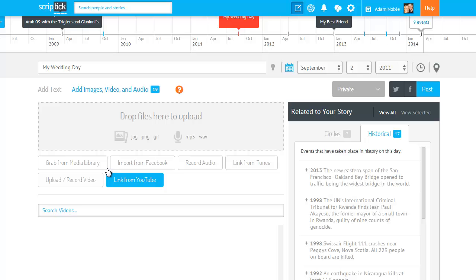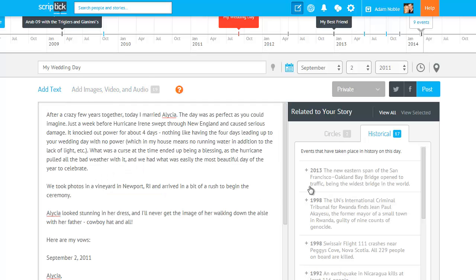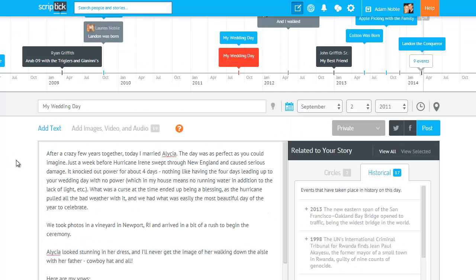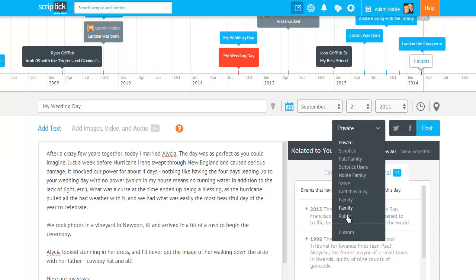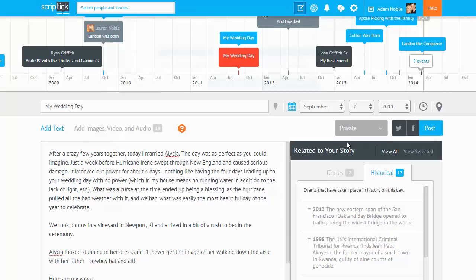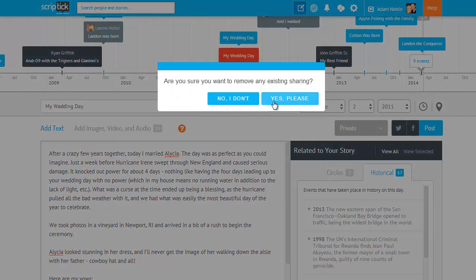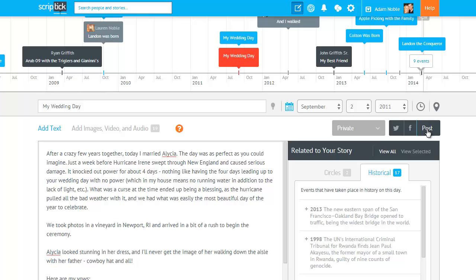So I've uploaded and added text and done everything I think I want to do with this story, and now it's time to share. You can click on this drop down here and it'll show a list of all the different circles that you have to share with. In this case, I'm just going to leave it private for now, and then I click the word post. I can also share automatically on either my Facebook or Twitter account by clicking either of these buttons before I hit post. In this case, I'm just going to post it to Scriptick. So I click post,